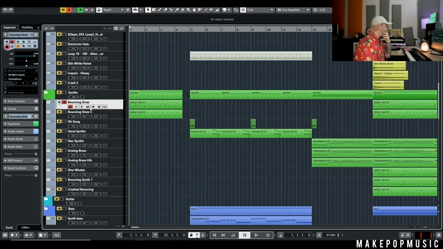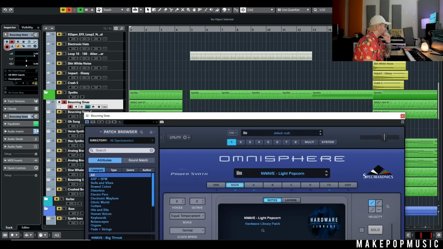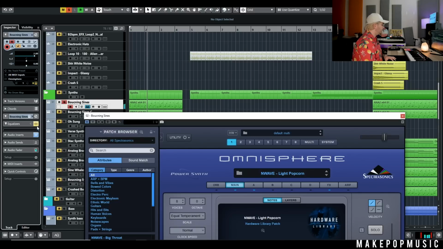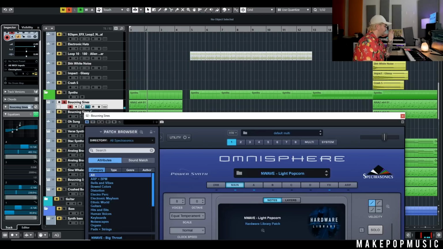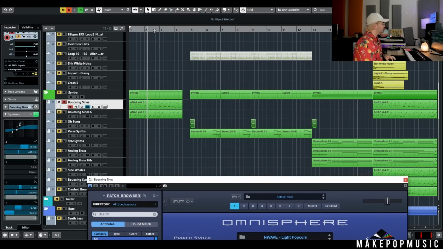I've got it alternating left and right. Since it is a sine wave, it didn't have much top end whatsoever. I'll show you what it sounded like straight out. Here it is. But what I decided to do was I needed to throw on a little bit of spice. So I added a bit crusher and then just EQ'd it a little bit. And that's going to give us that nice little